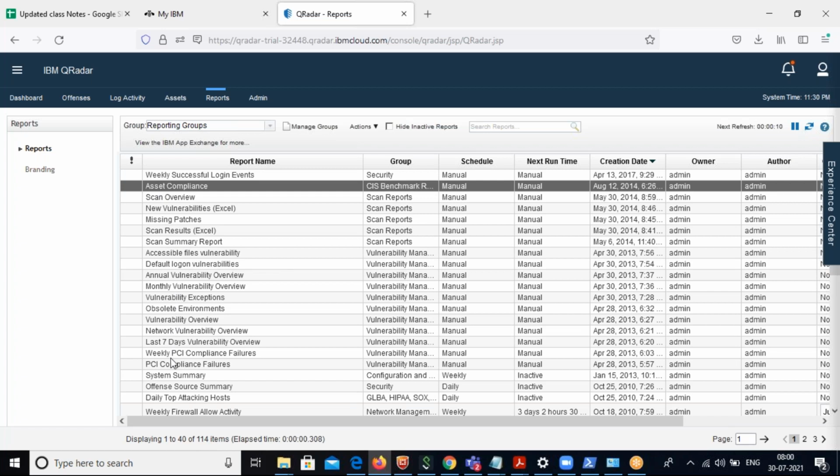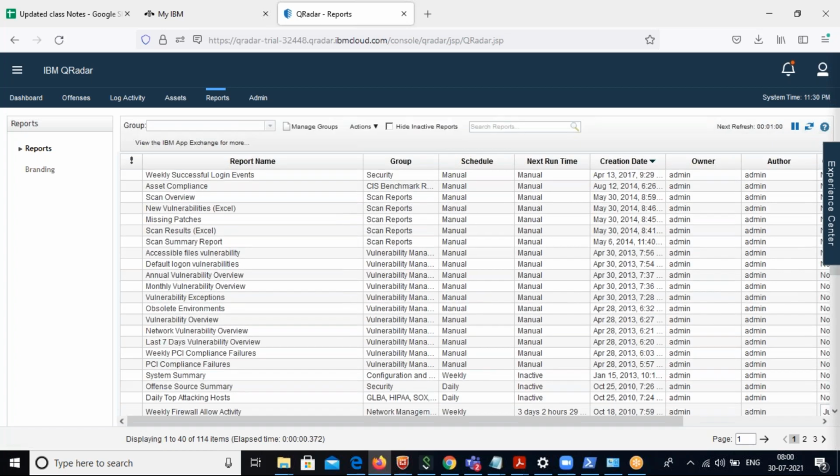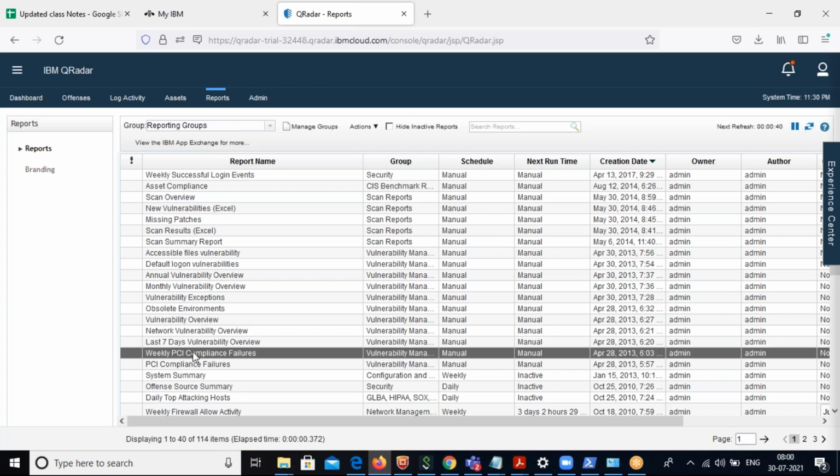And after that you can go here: weekly PCI compliance failures. So this is one of the very popular reports we will normally generate. But if your organization, wherever you are recruited, follows PCI DSS compliance, we discussed a couple of compliances, correct? One is ISO 27001, and also PCI DSS, HIPAA, SOX, GDPR, and so on. So this PCI compliance is dedicated to the Payment Card Industry Data Security Standard. Whenever you are making a payment through credit card, debit card or net banking, at the back end